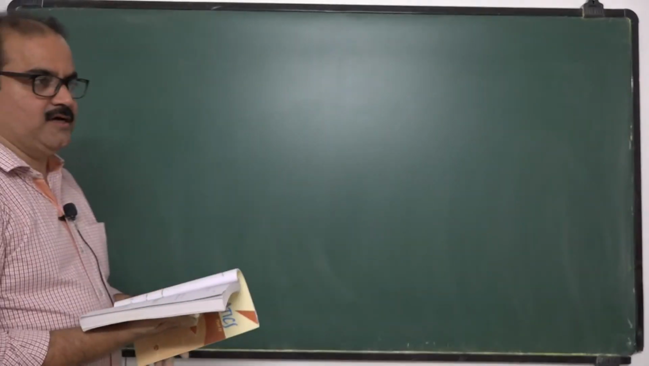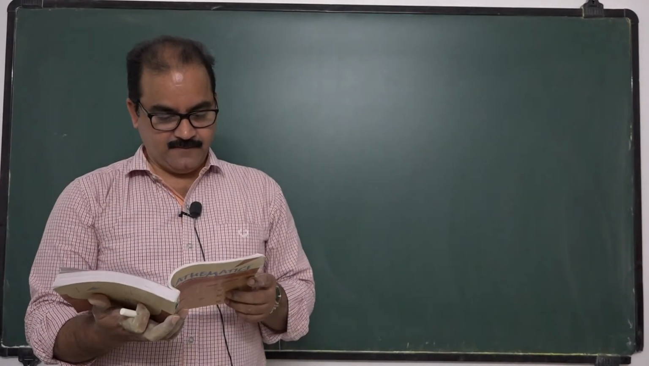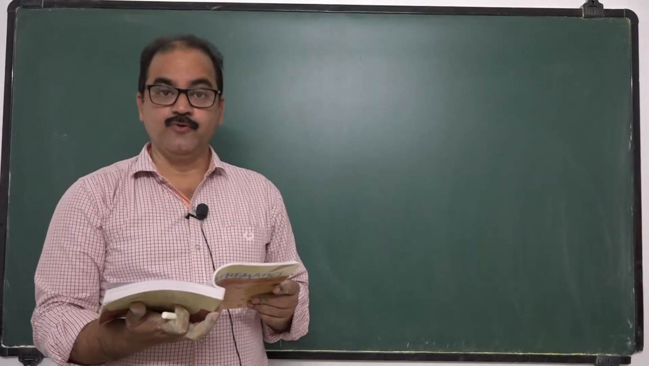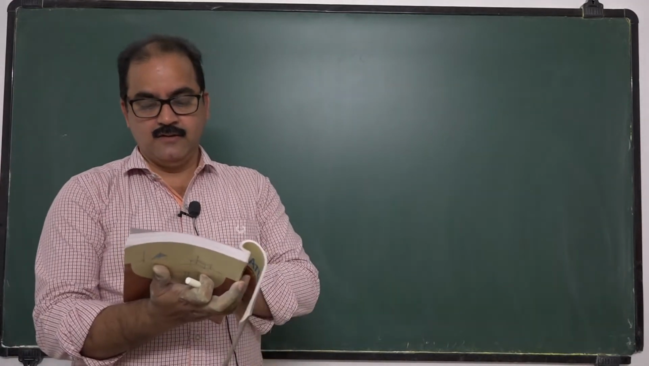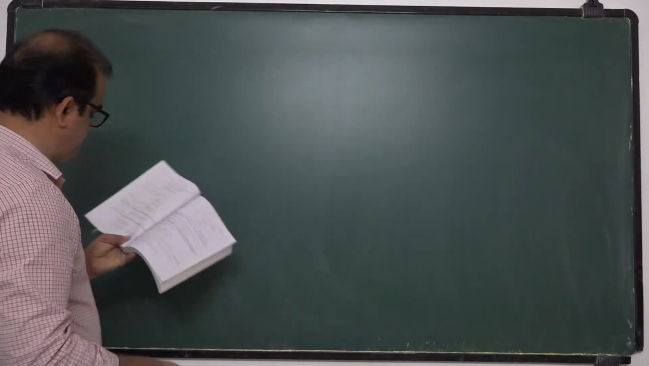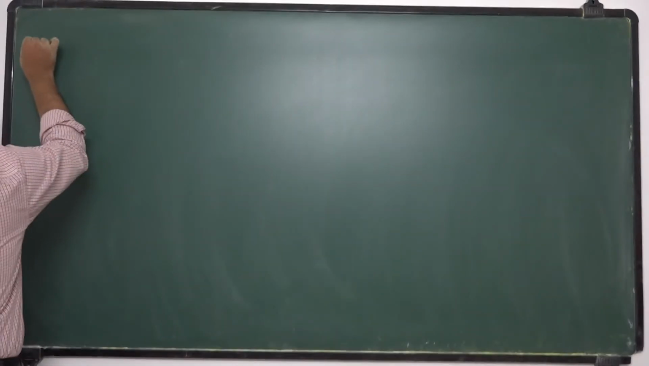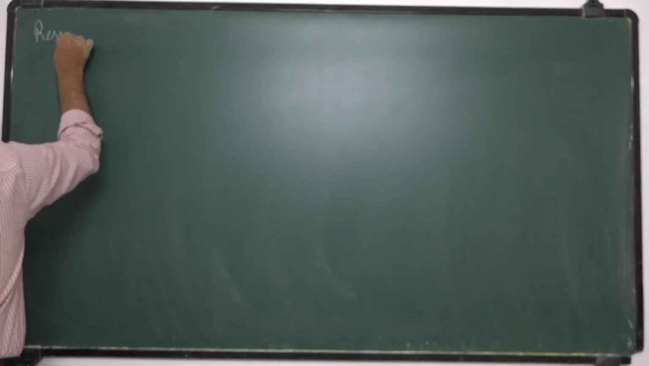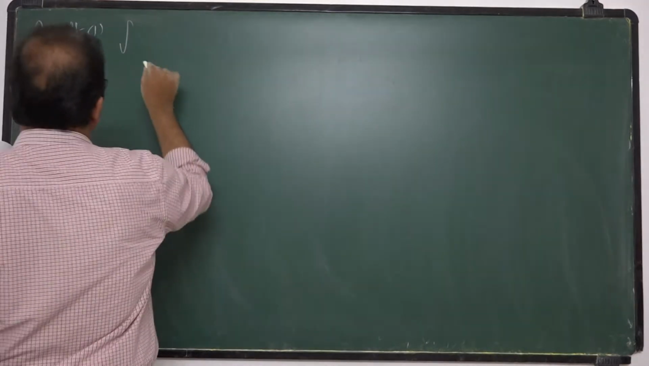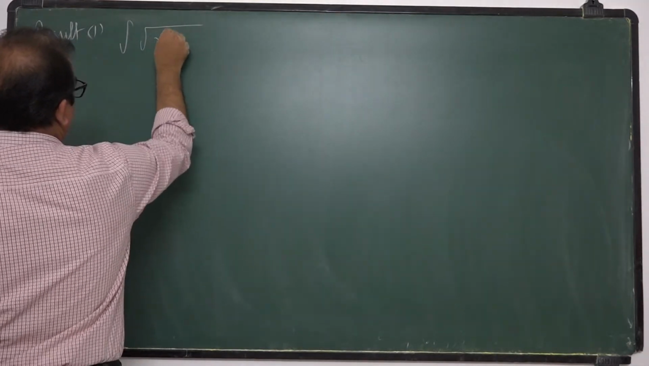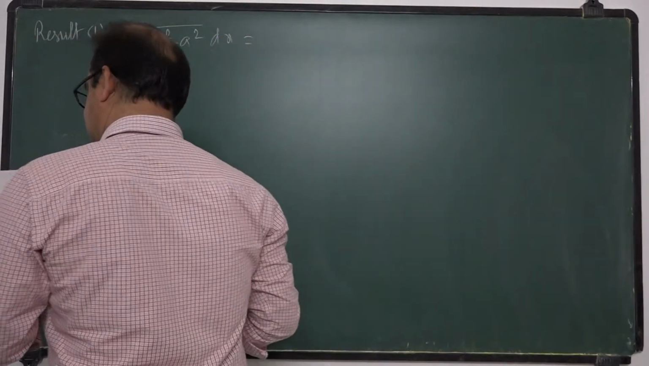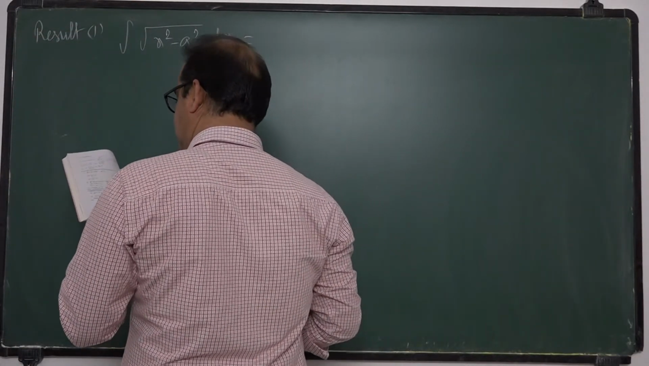Here there are three results. First of all, we discuss these results with proofs, and then we go to the next exercise. Write the first one. Result 1: integral of square root of x square minus a square into dx, that is equal to